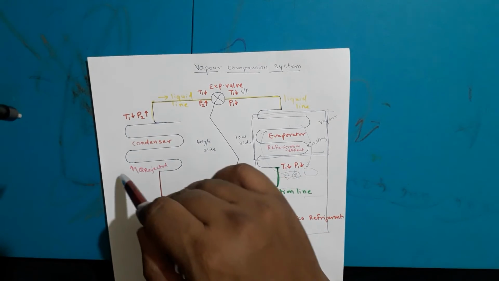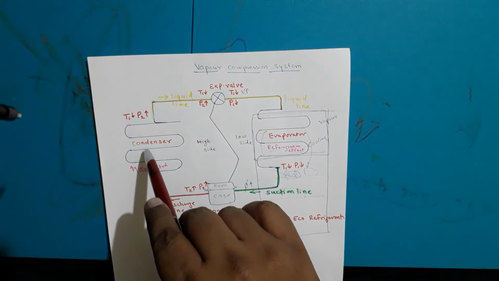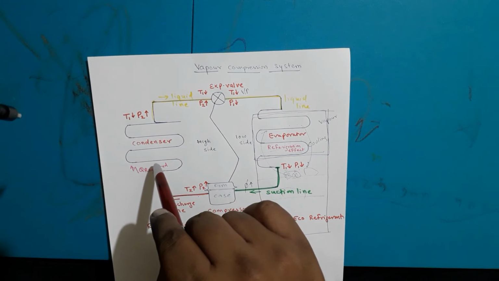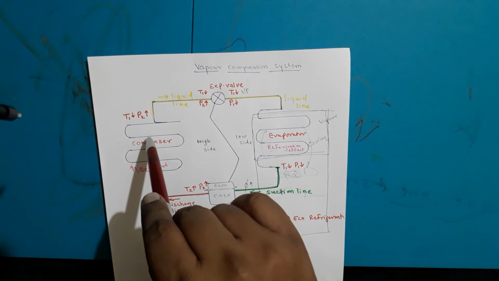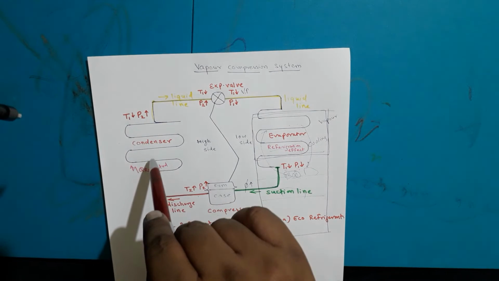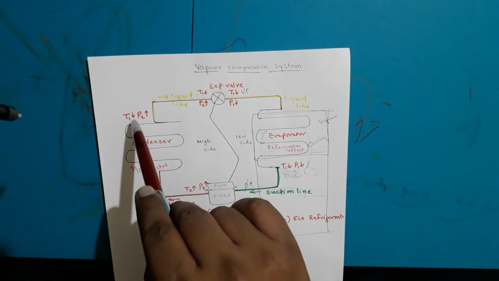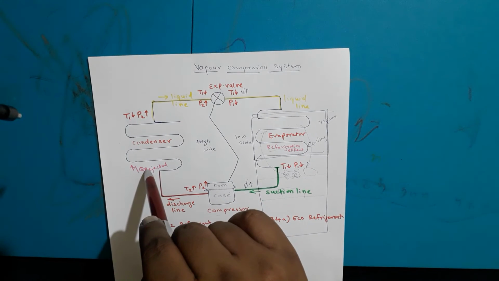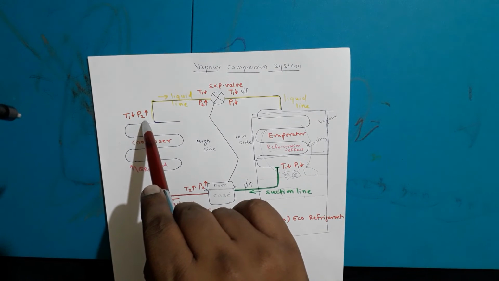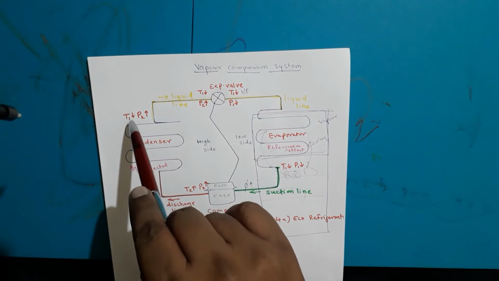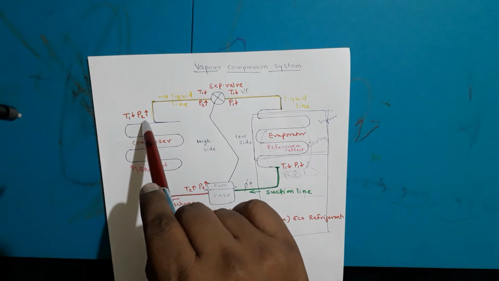In the same fashion, when the atmospheric air comes in contact with the cooling coils of this condenser, there is heat transfer between the hot vapors and cold air. So what happens due to this heat transfer? Temperature drops, heat is rejected, but one thing you should remember is that pressure does not drop in the condenser. Only temperature drops, pressure remains the same.